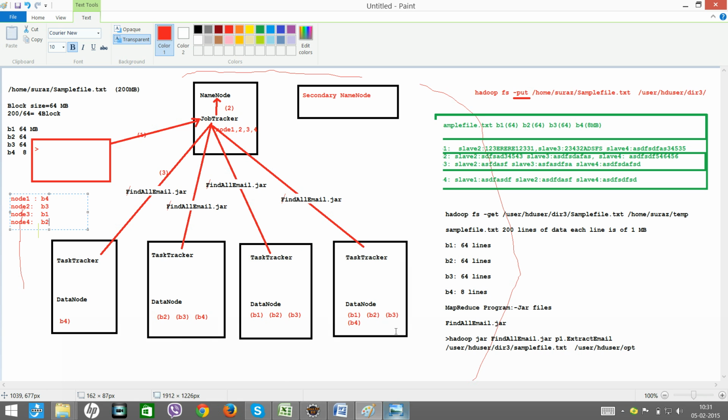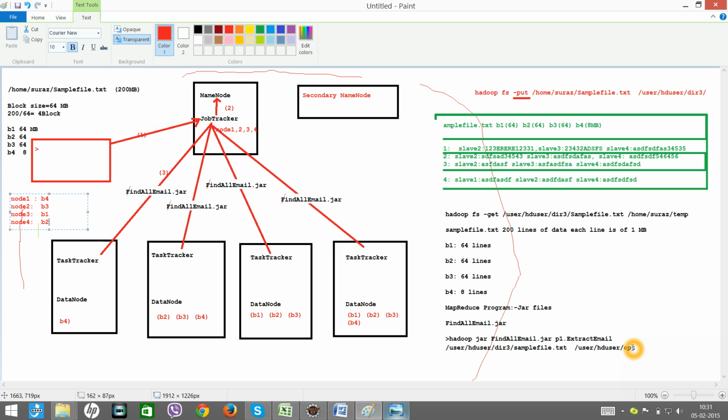B4 block is of 8 lines and B1, B2, B3 are of 64 lines. So all this data will be processed locally, alright, and once this data is processed, then the final output will be merged together. The final output will be merged together and the output will be stored in your output directory.